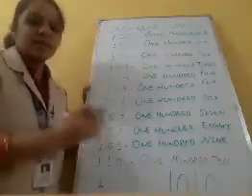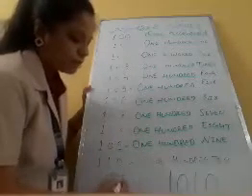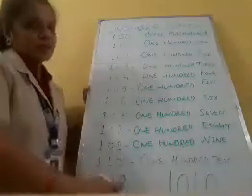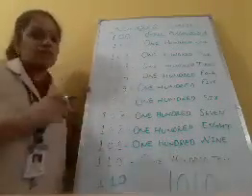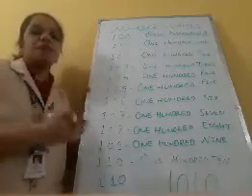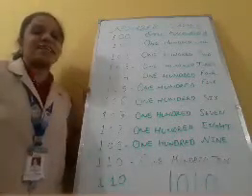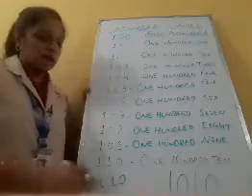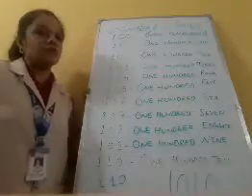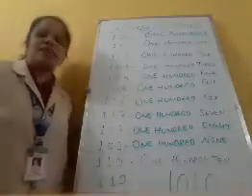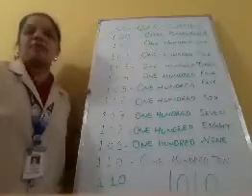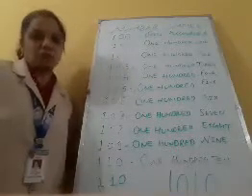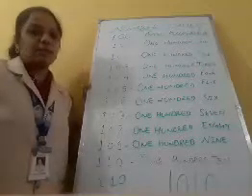Then you write 10. How do you write 10? 1, 0. 110. Same for the next numbers: 111, 112, 113. Like that, the numbers go up to 999. In each and every number after 109, we will not put 0 after the first number. You forget that 0 after 109 because hundred is a place value. It is not a number name of 0. I think you understand how you write the number names.